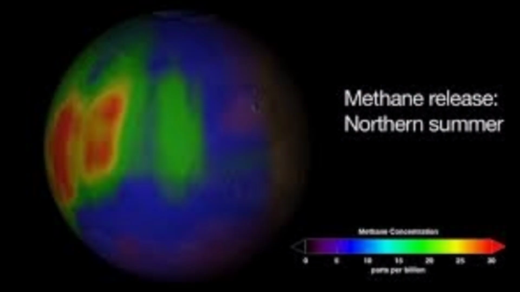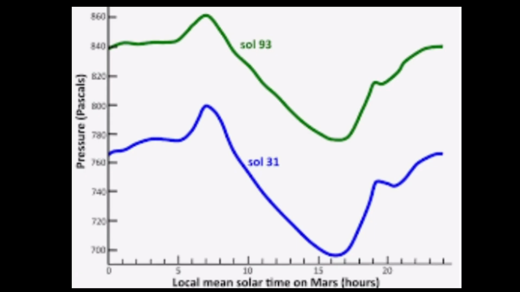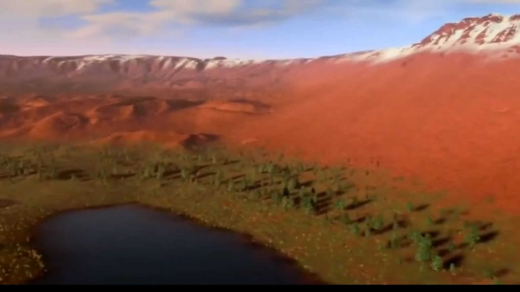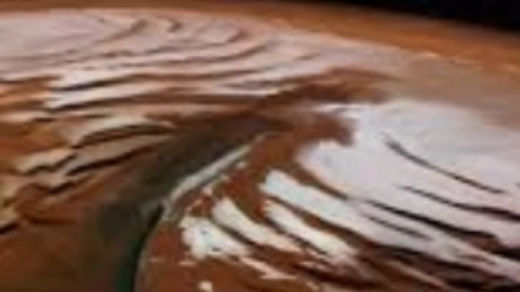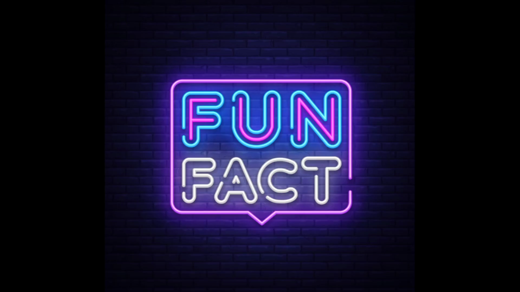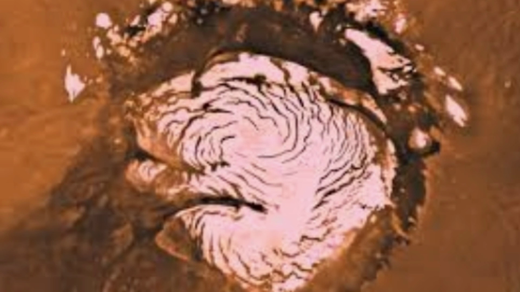The atmospheric pressure of Mars is much lower than Earth's, about 100 times thinner than Earth's, and therefore water in liquid form cannot exist on Mars. But the polar ice caps on Mars appear to be formed from water. Fun fact: the ice cap on the South Pole is so large that if melted, it would cover the entire surface up to a depth of 11 meters. Geology and atmosphere: